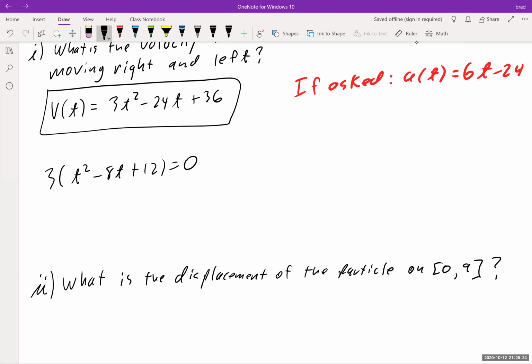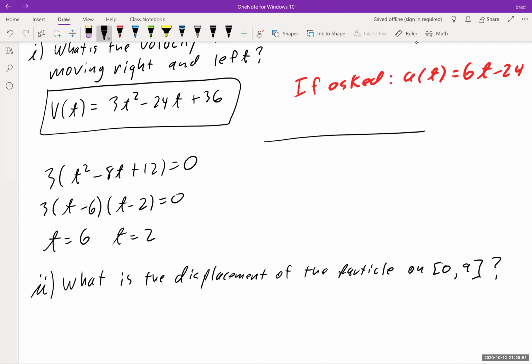Okay, so I set it equal to 0 because at some point the velocity might be negative or positive, and I can figure out when that happens by setting the velocity equal to 0. Okay, and using the sign chart to check the change in signs. So this is going to become 3 times (t minus 6) and (t minus 2). So then that means t equals 6 and t equals 2 are our numbers we're going to use for our